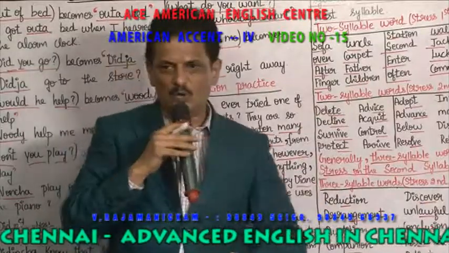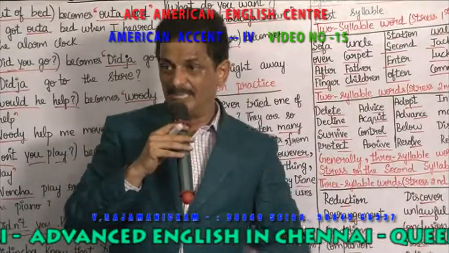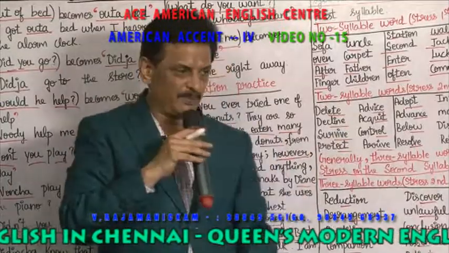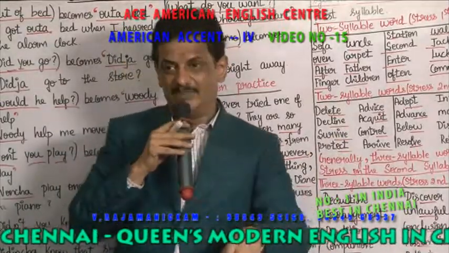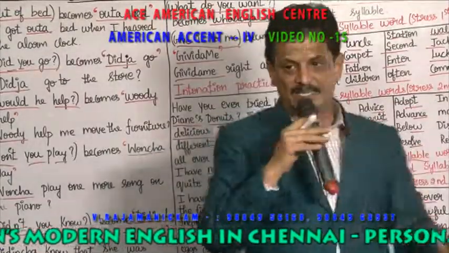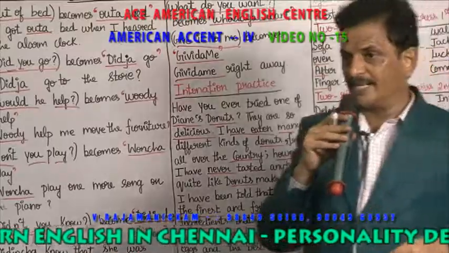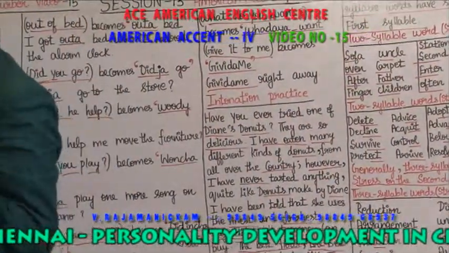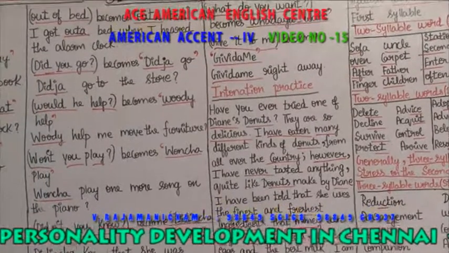If it is a noun and it has two syllables, the first syllable should be stressed. If it is a verb, the second syllable should be stressed. For three syllables, it is the second syllable which should be stressed. And comparative sentences, which we have seen. Hope you are able to get it. Are you clear? Okay, part by part you can say yes. You can say one by one. You can come forward. Yes.